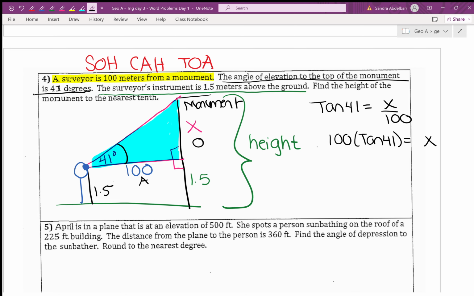Now, my final answer said round to the nearest tenth. If you round to the nearest tenth right now, in some problems that might be too early, and then your whole answer at the end will be 1/10 off. So when this is not your final answer, you need to go at least 1 or 2 decimal places beyond what they're asking. So if I'm asking to do the nearest tenth, I have to go to the 100th or the 1000th place just to be safe until my final answer. So when I do 100 times the tangent of 41,